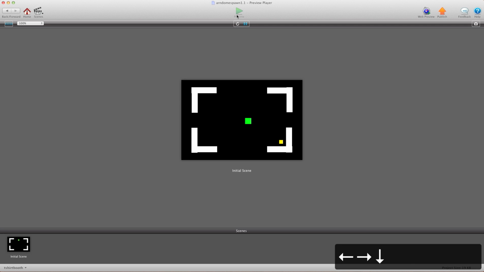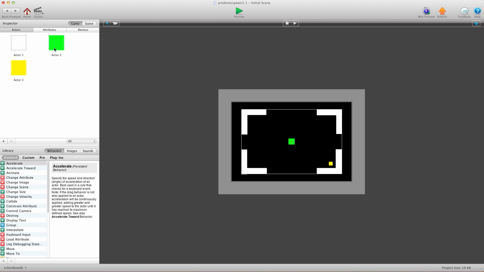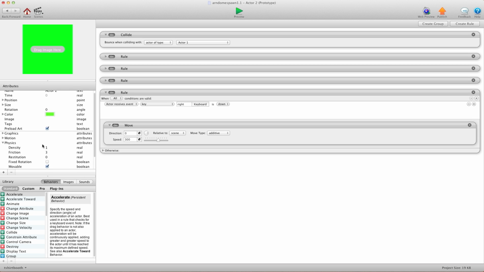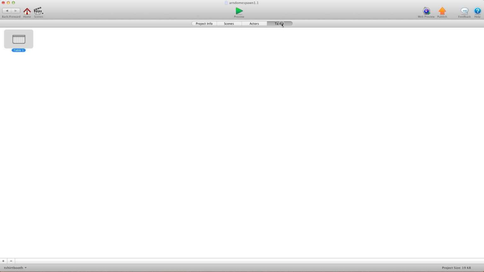And you'll see I can move my green guy around, and my goal is to collect these yellow characters. Just let me fix one thing here I noticed. Fixed rotation. There we go. Okay, so once I collect one, I want it to spawn another one. And I don't want it to spawn over top of the white walls, so I can't really use a random X and Y, because I could have tons of walls here, and I want them to spawn in areas that are accessible. So what we're going to do is hit home, and hit tables,